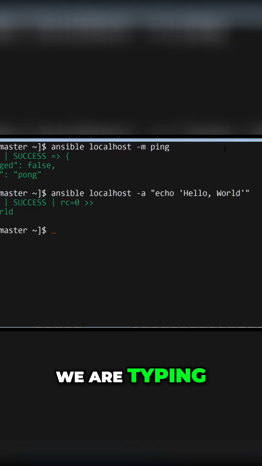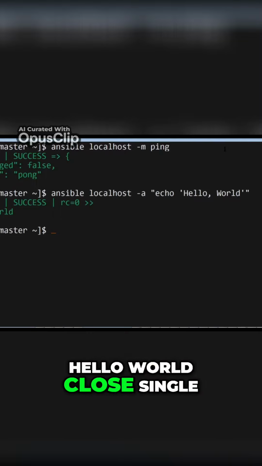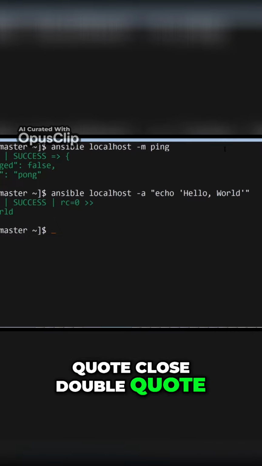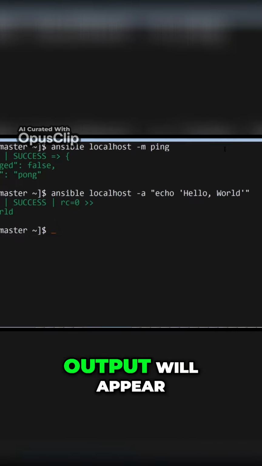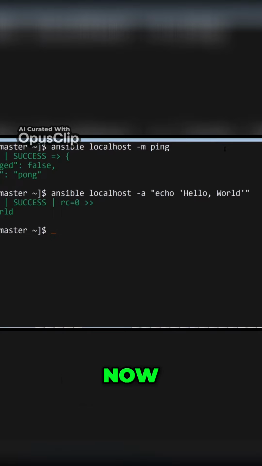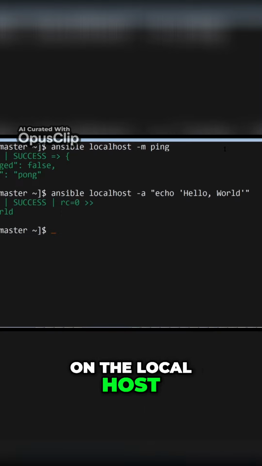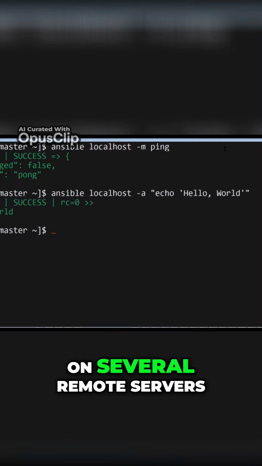We are typing -a, double quotes, echo, hello world, close single quote, close double quote. Something like the following output will appear after executing this command. Now, if we want to issue the commands not only on the local host, but run it on several remote